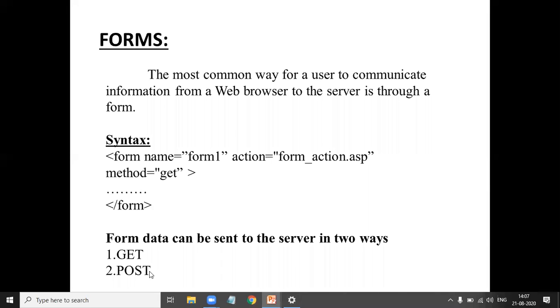When the method attribute is set to post, the browser sends a separate server request containing some special headers, so that only the server sees the content of this data. So the post method is the best method for sending secure information such as credit card or personal information. Out of these two methods, the post method is the most secure one.